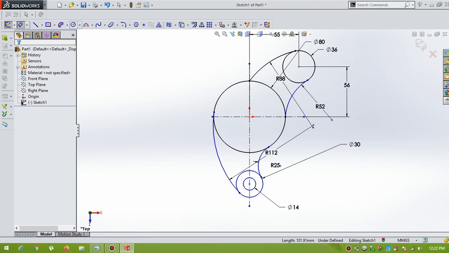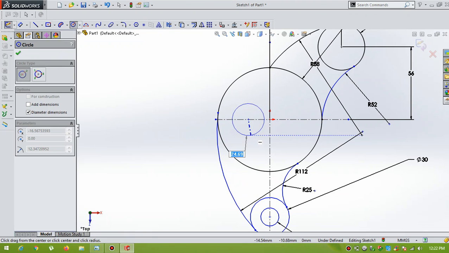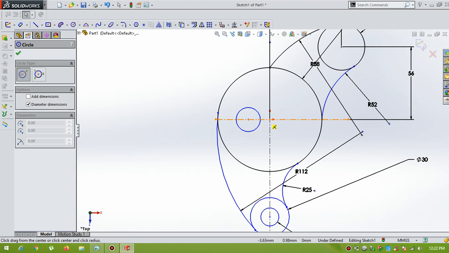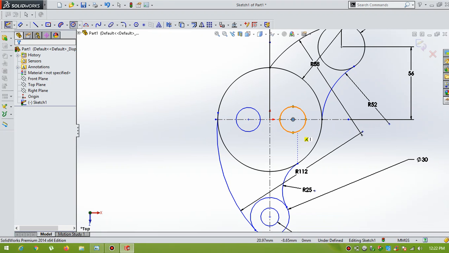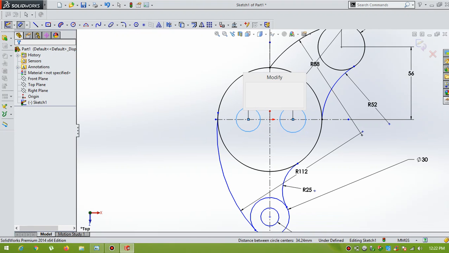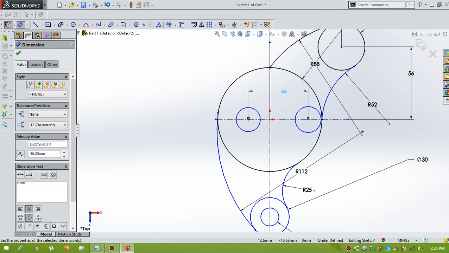Here you have to draw two circles. Okay. Go for Smart Dimension. Distance is 46. Okay.